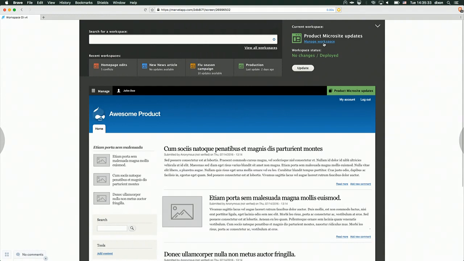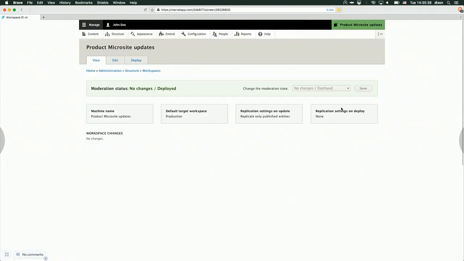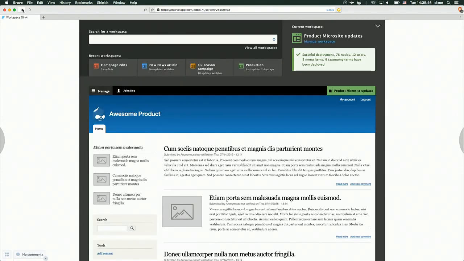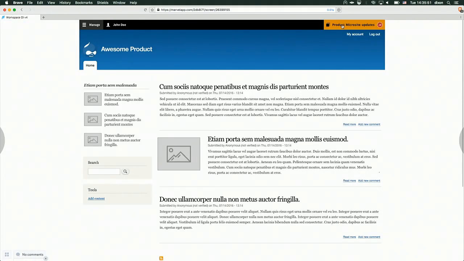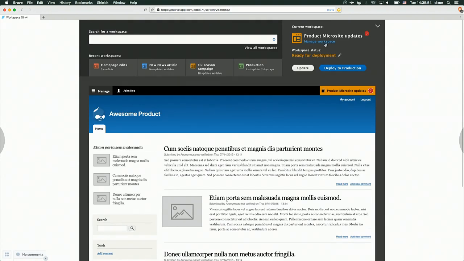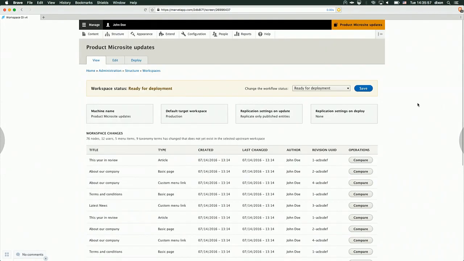We can dive into more detail here. We can have an overview of your workspace. Now we're looking at the production workspace, so there are no workspace changes. But if we go back, Joseph is better at navigating these wireframes than I am. But here we go. Here's the overview page of a workspace. You can view metadata about this particular workspace. You'll be able to see the target workspace, so when you click the deploy button, to what workspace does it go.